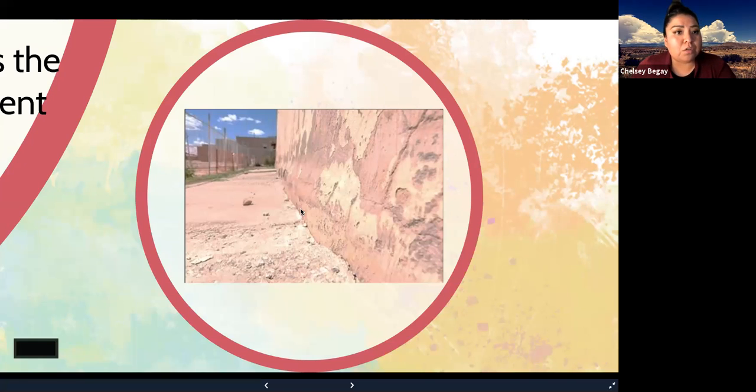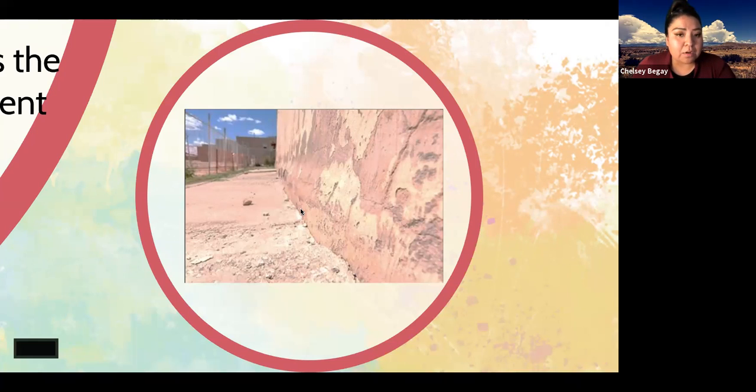From this elephant foot, you get cracks that are happening on the outside of the building as well as the inside of the building. And when we got to see the inside of the building, we saw all these cracks and parts of the wall coming off.